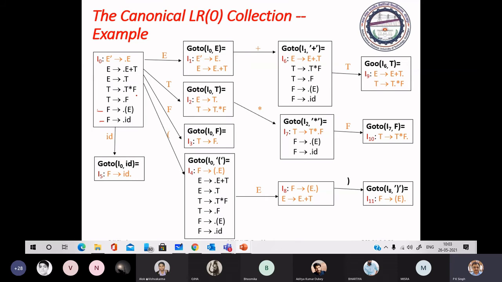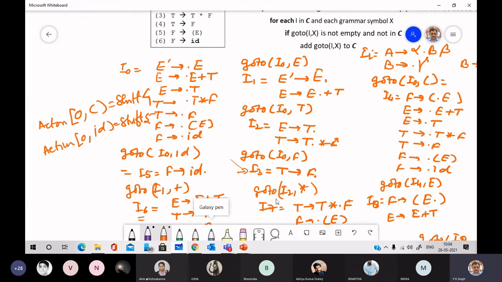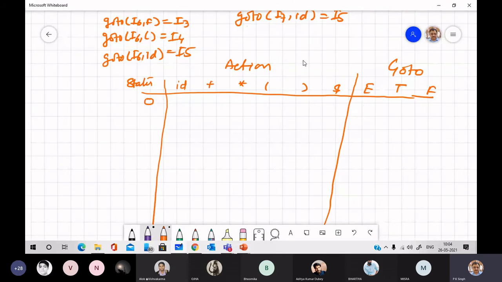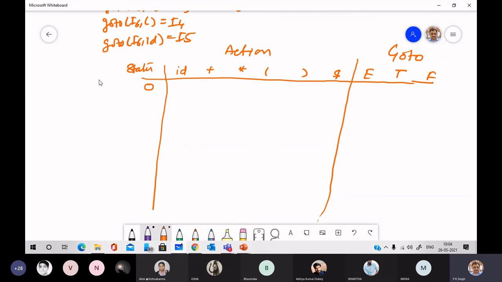Next, we have to look at the other items, the non-terminal just after the dot. For that we have to make entries in the go to field. Here we have S5, here we have S4. For a non-terminal, you have to make the entry in the go to field.